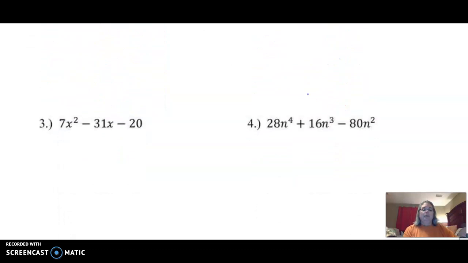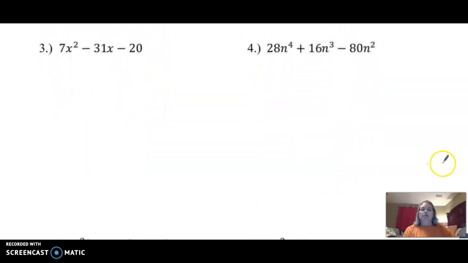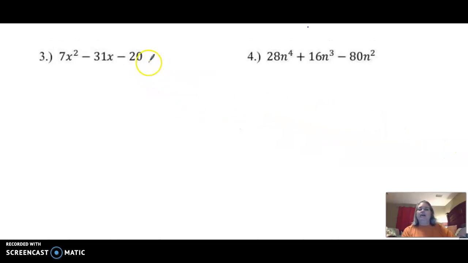Okay? Now let's look at some that are a little bit harder. Notice they have a leading coefficient this time, so we have more factors that we need to look at. So if we have 7x squared, we're going to have 7x and x. Then I'm looking for the factors of 20. So for me, this is where the double chin method comes in handy, because I'm looking at factors of